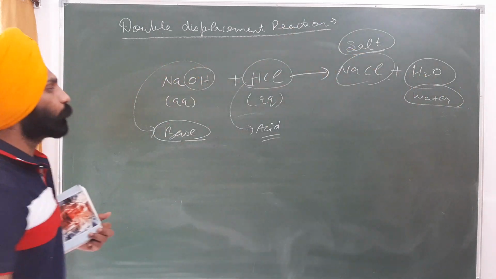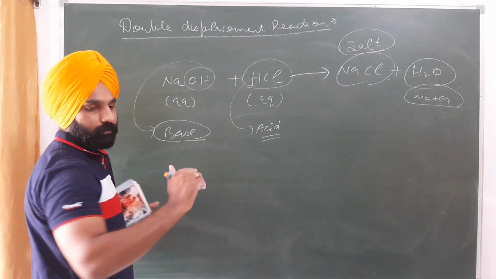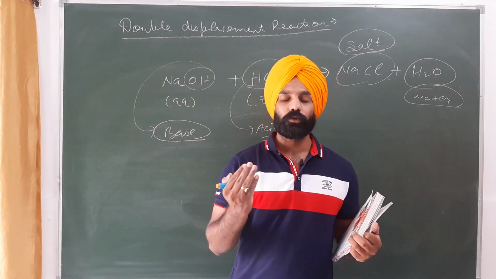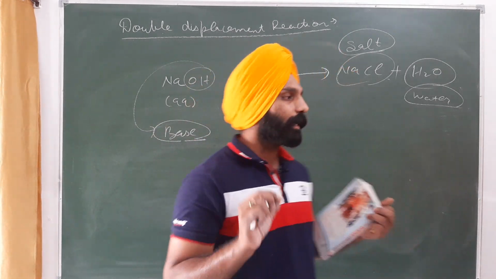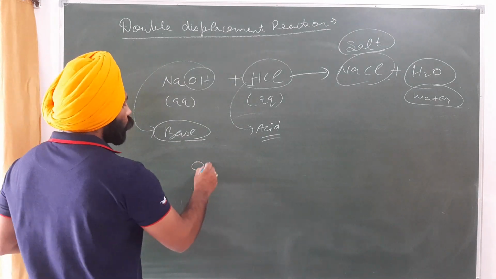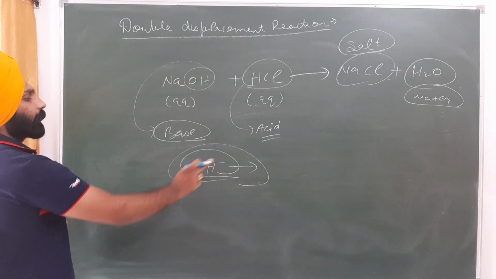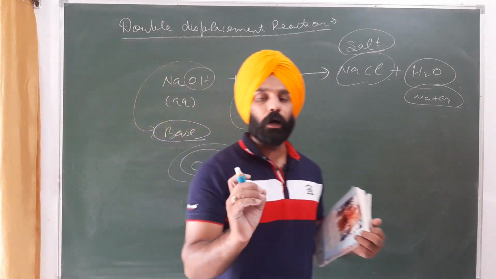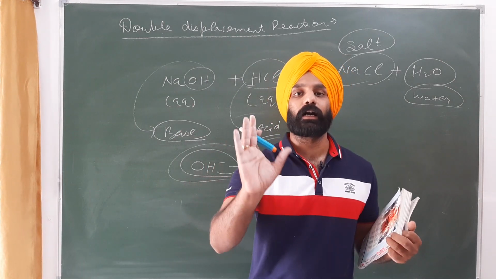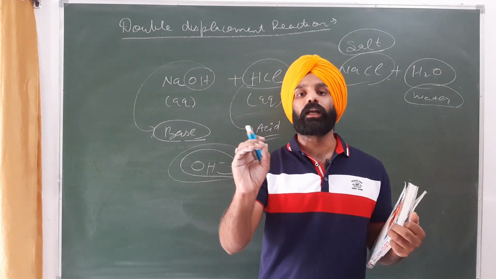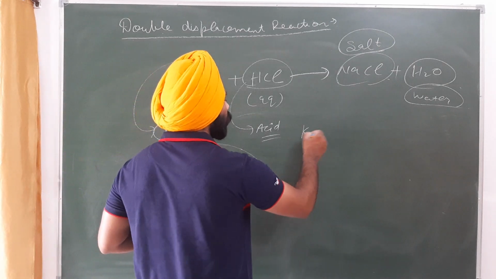We can have plenty of reactions like this, in which a base... what do you mean by a base? In this whole chapter, we will only assume a base is a compound which has OH negative as the anion. That kind of compound, in which a hydroxide ion is present, is called a base. For instance, KOH is a base,